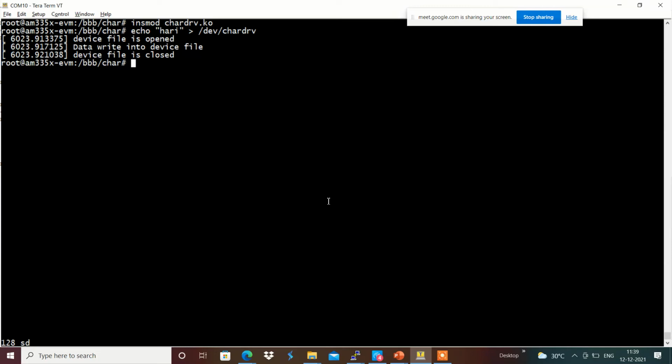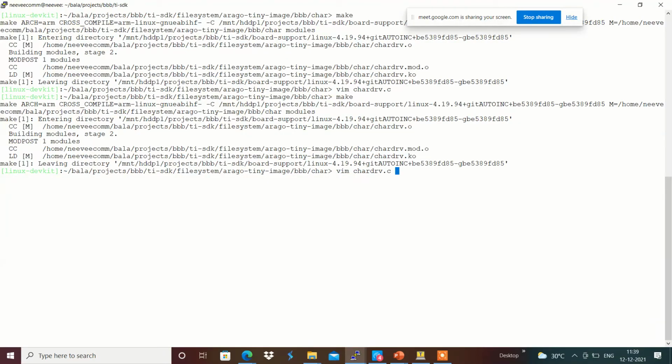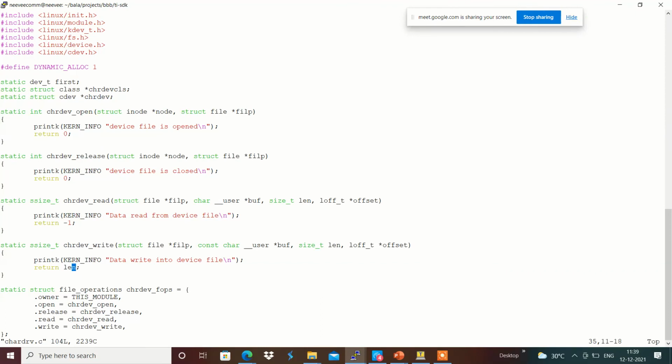Since we are in the kernel driver, we are informing the user space application by returning the length value of the data which we have received. We are telling the user, I have consumed that.